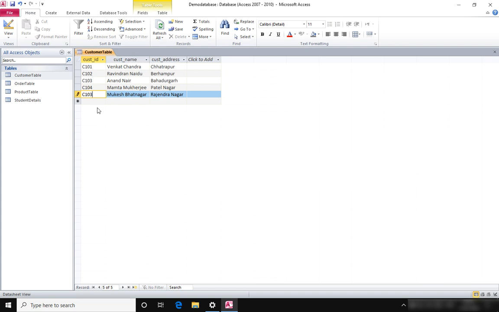The purpose of a primary key is that the field in which you have applied it cannot be left blank, that is null, and it will not contain any duplicate value. Now I have provided C105 which does not exist here, so it will be accepted. Let's click somewhere in the next row and you can see the data is accepted. Now let's save the table.